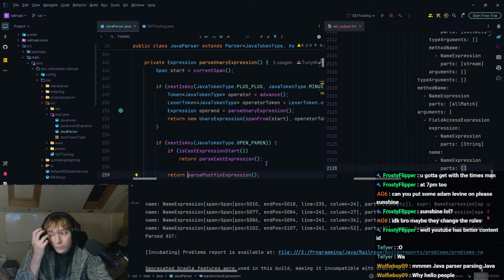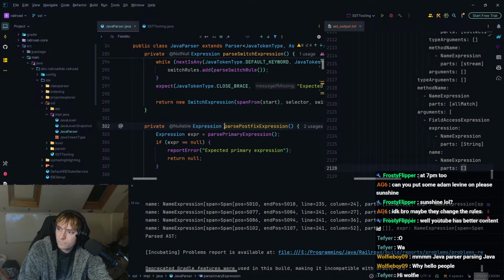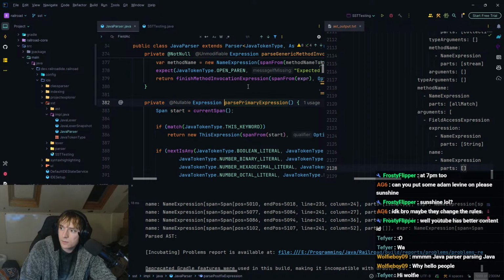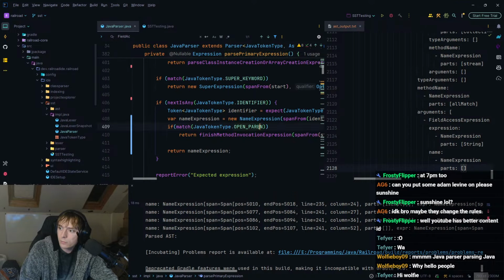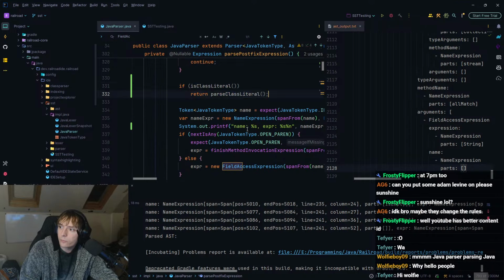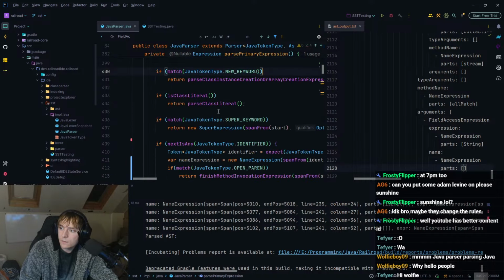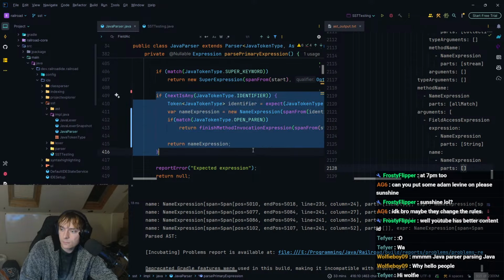This is in unary expression. Right, I see, because it should pass the primary expression. And so it should, if we go back to what we had before, which was this, it should find this and not this.